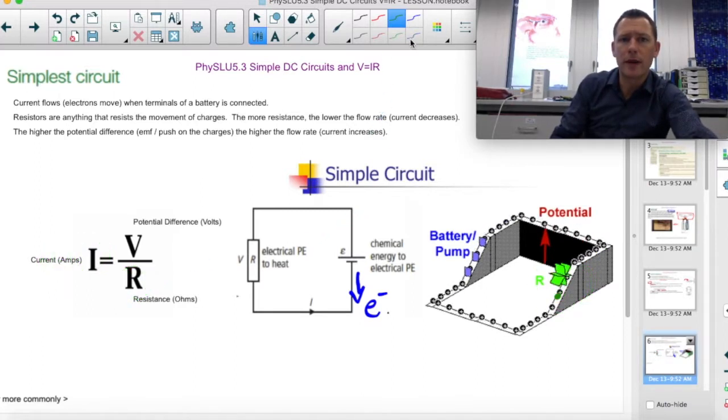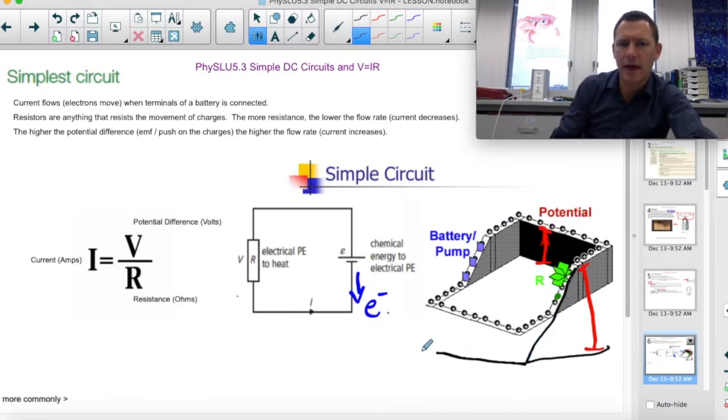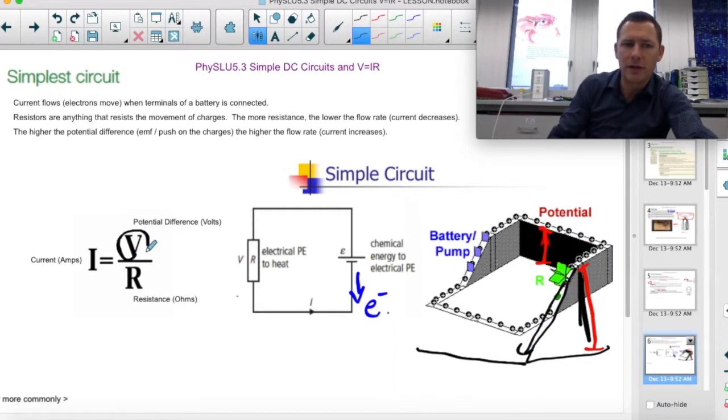Also, if you make this change instead of this much potential, I guess they did it in red, if you made the potential higher, went from here to here, and so this is flowing downhill like that, and then across, and these charges were going all the way down and losing this much potential energy, you'd be increasing the V, and therefore you'd be increasing the flow. You'd get much more flow of these electrons through there. I know they're positives moving right now, but